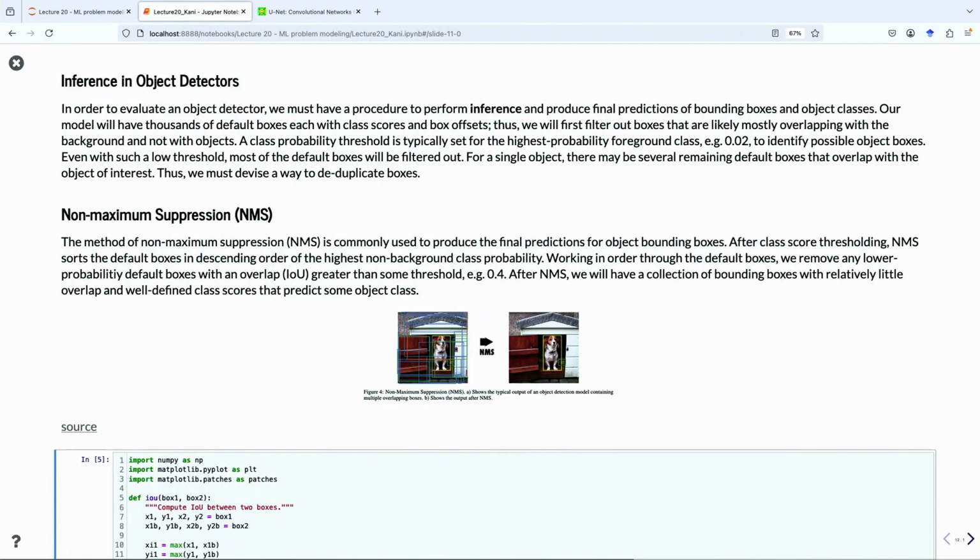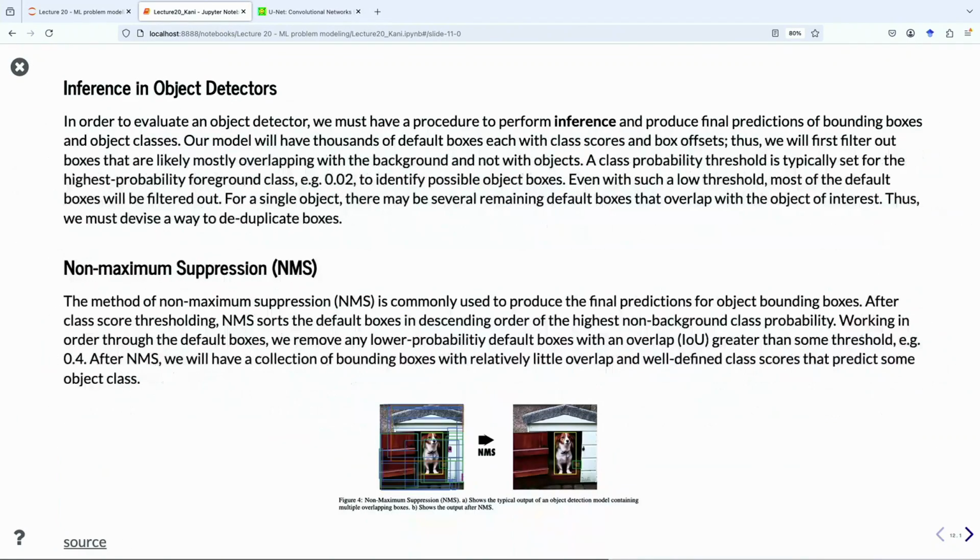Now it comes up an issue with inference, right? If we have a model that could seemingly spew out just a ton of bounding boxes. We could run an image through the model and get a bunch of bounding boxes out, and for each anchor it will give out lots of bounding boxes.